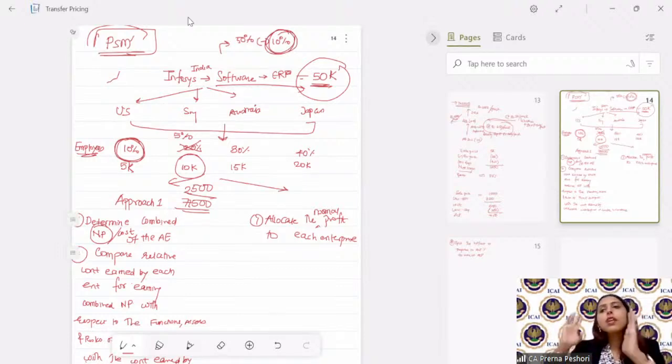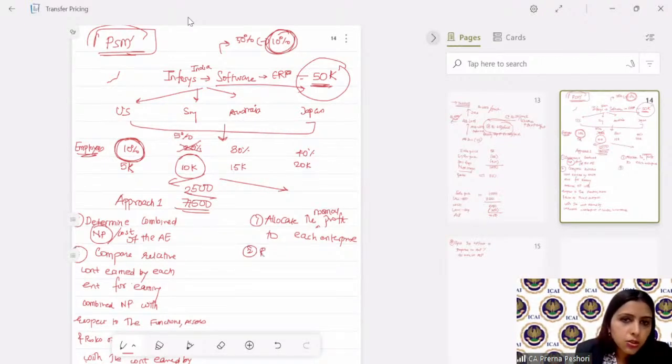Normally the software companies in the industry are earning 10%. Exceptionally, 50% is earned by Infosys because of the contribution of all the entities. So we'll first allocate the normal return to all the entities, and then we will allocate the residual return, which is 40%,